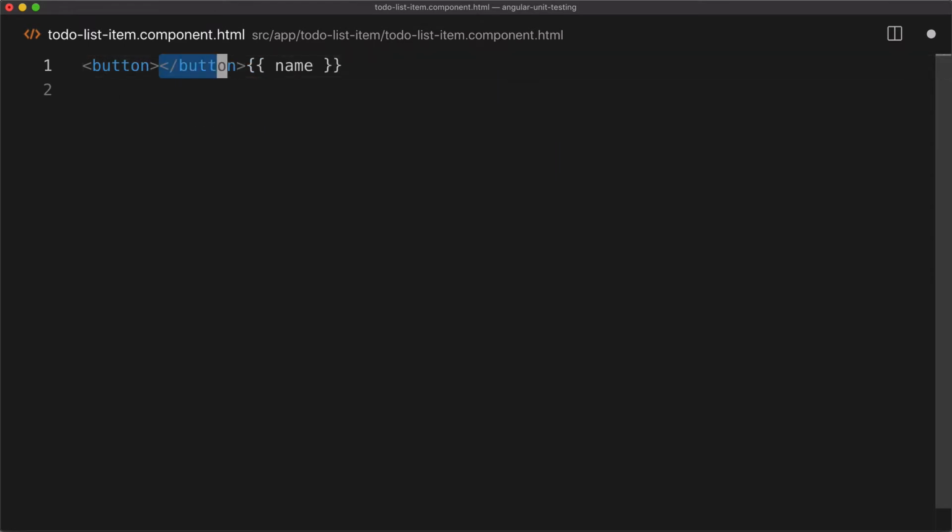For whatever reason, this is a button, and then button is clickable. You can do a click on the button like this, and then let's say if it clicks, then I want to say that the button